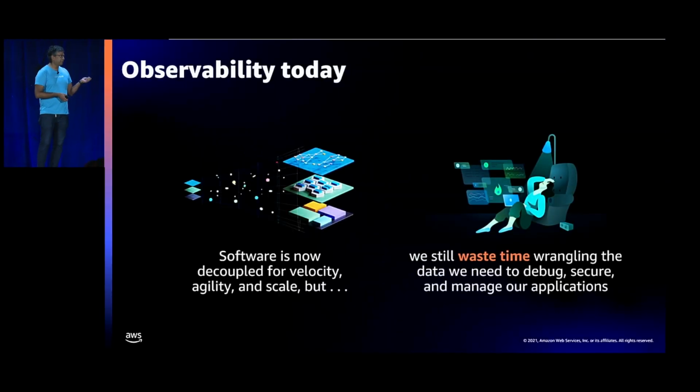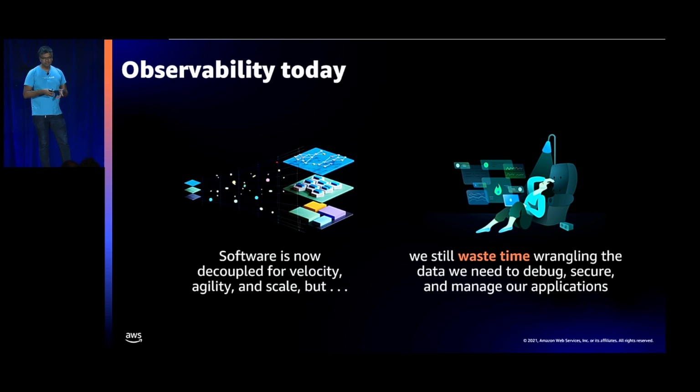One of the things that I think everyone here will agree on is software is getting more decoupled, and part of this is to have more velocity, agility, and scale. Especially as teams scale out, we can build more microservices, have them be independently managed, and independently deployed. But we still waste a lot of time wrangling all this data that we need to manage, debug, and secure